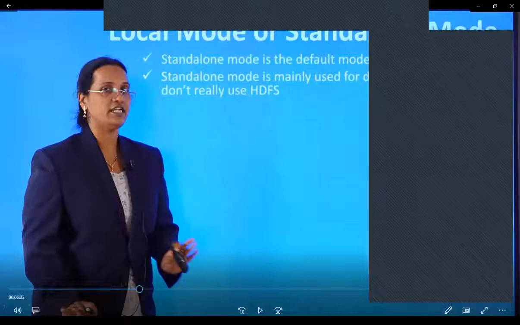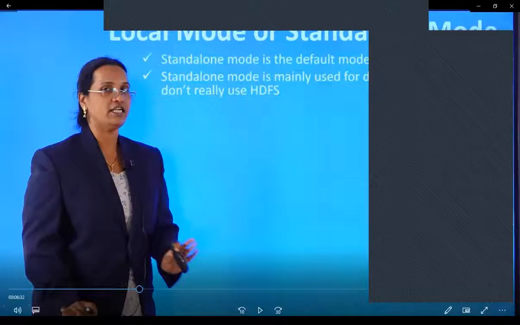Local mode, one of the modes of a Hadoop cluster, works in almost the same way, and it is mainly used for debugging purposes. You can debug your code on your machine.